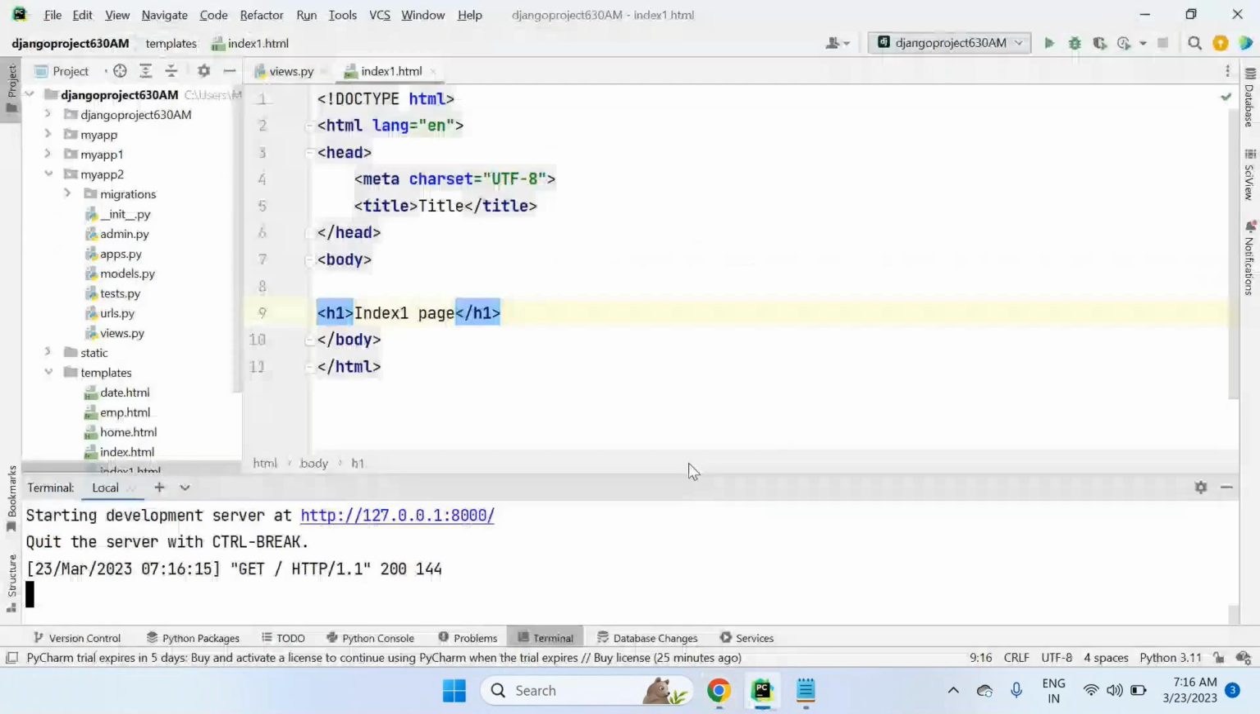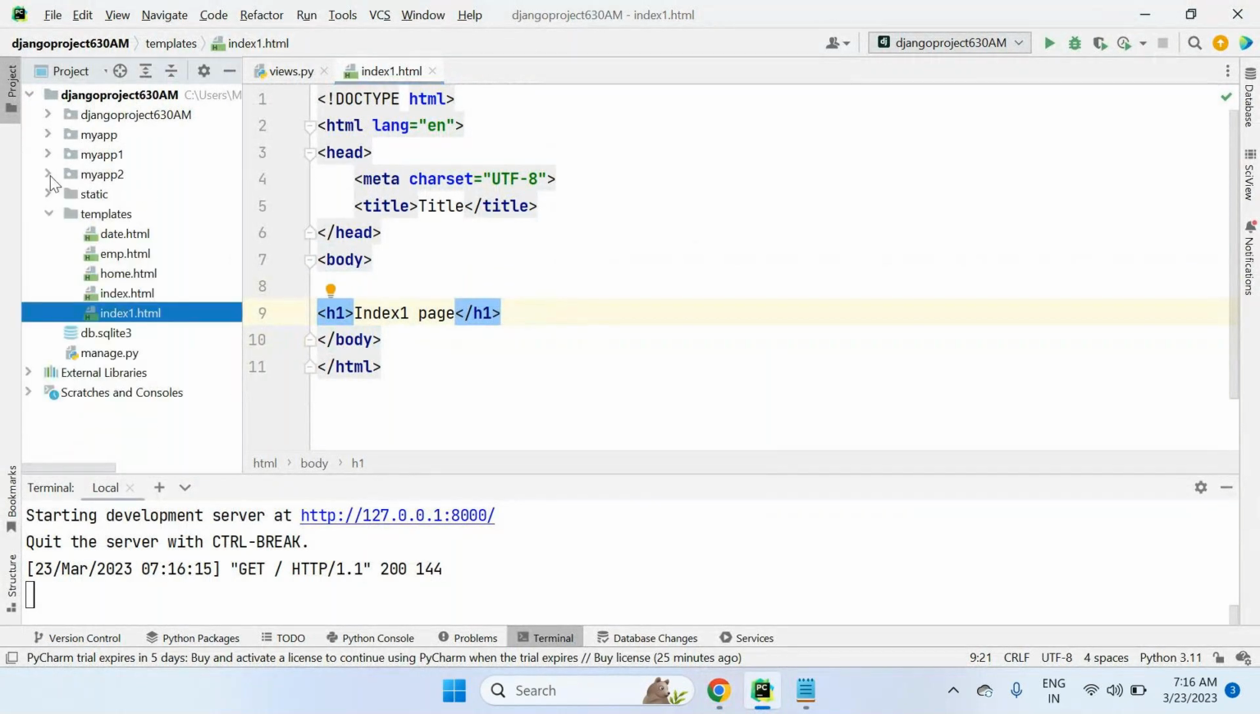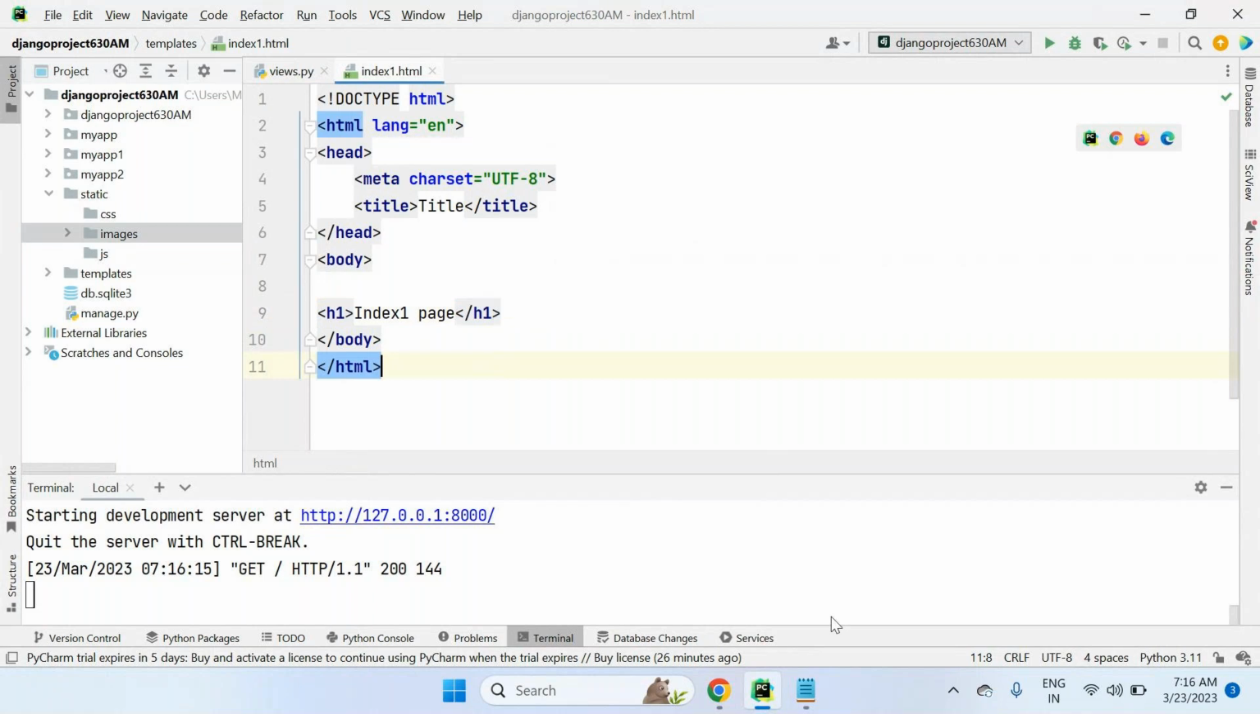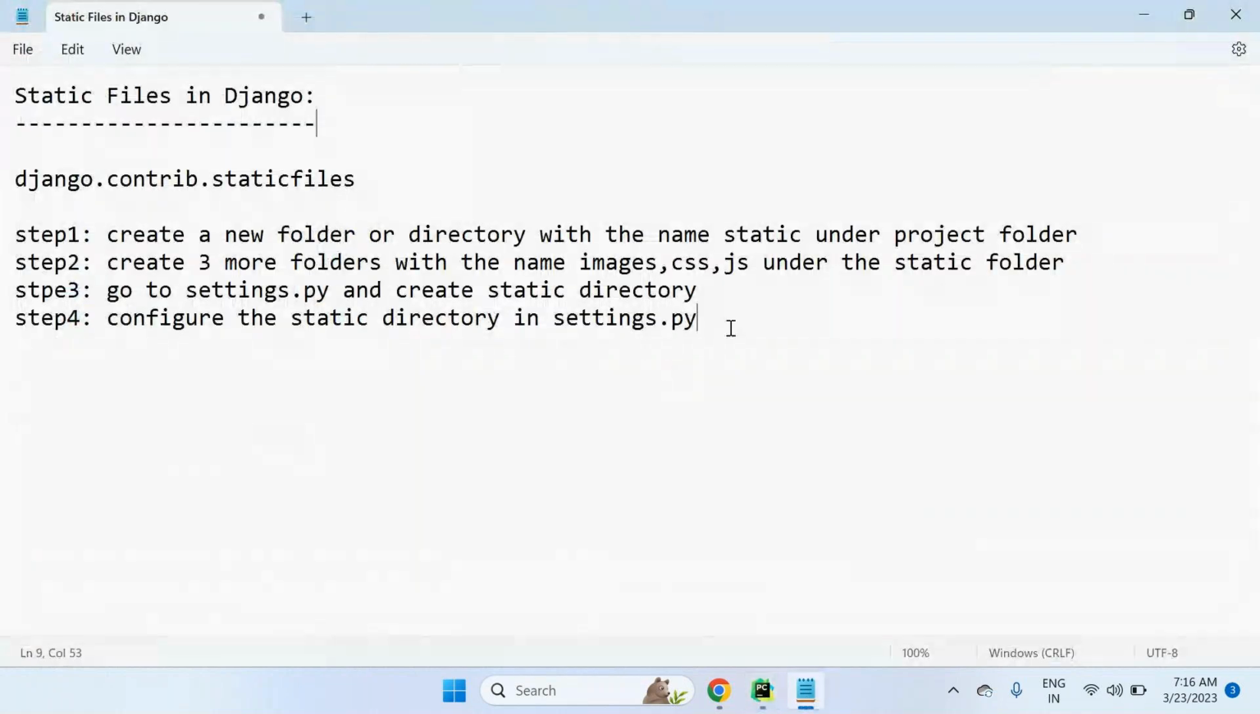But my requirement is, look at this here. I want to use static resources. First of all, images I want to use. And one more important thing is there, to use static resources into an HTML page, we need to include